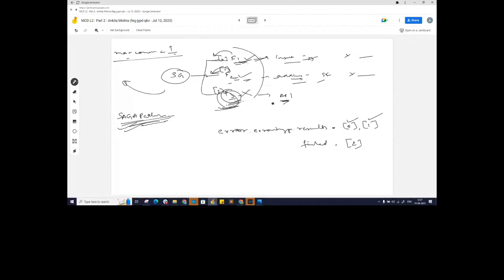You can't just set the numbers and it will work. You have to write the logic accordingly and build your own mechanism, because these flows could be different. For me, it is doing an insertion and an addition. For you, it might be doing something else. So the compensation logic will vary from project to project and application to application. But this is the formula: you have to figure out which routes are successful and which routes have failed, and based on that, you can write your own compensation logic.